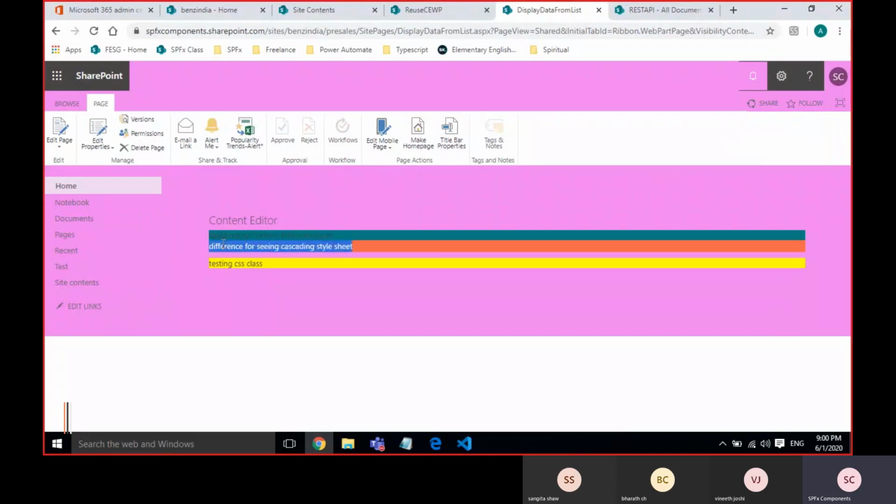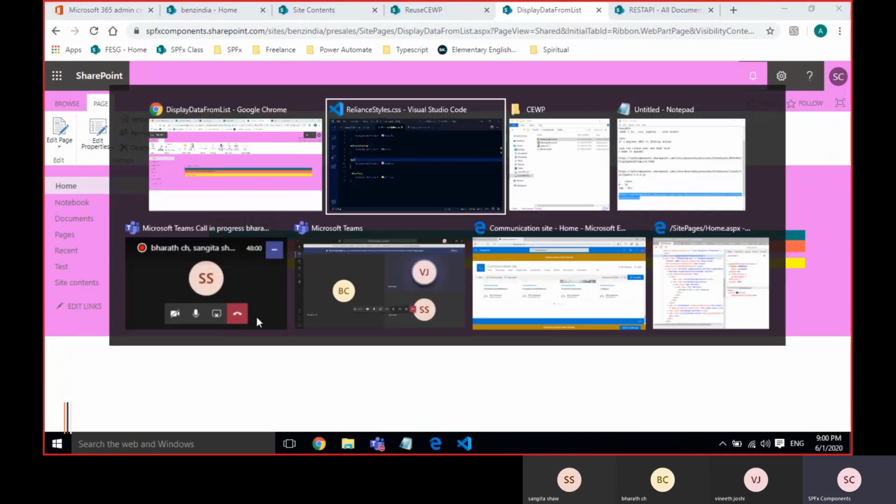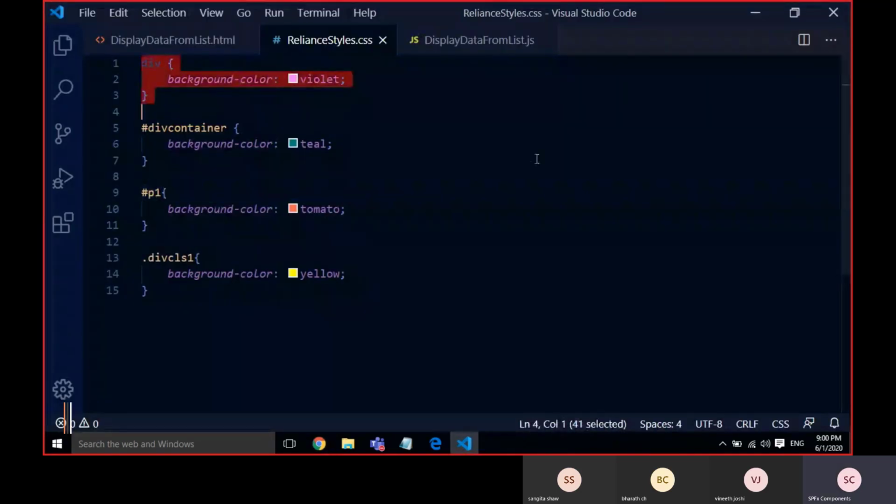This is one more ID, and this is the class. So we have applied for only this web part, right? You can wonder why it is applied for the entire page, like left navigation, top, and everything. The reason behind this is I gave it directly based on the tag.